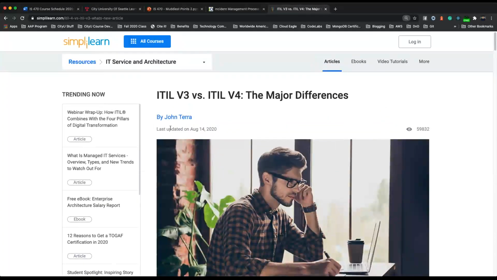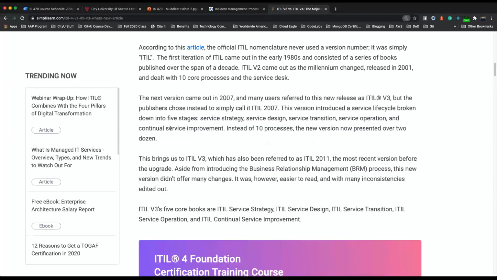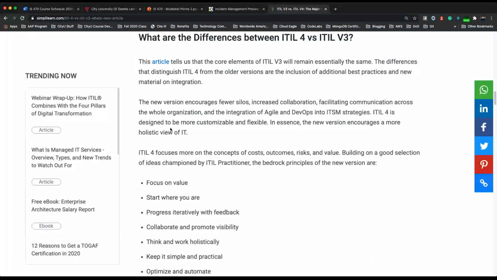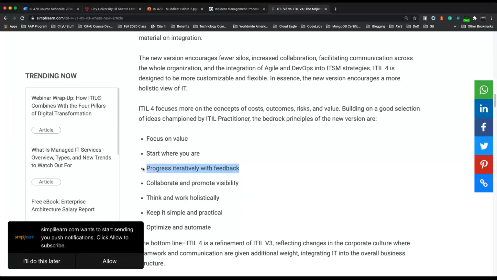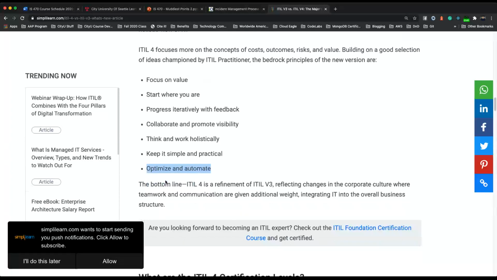And again, ITIL 4 did focus more on the processes as well. Let's see. As you can see, ITIL 4 focuses on more value, right? The feedback, collaboration, optimize, and automate.